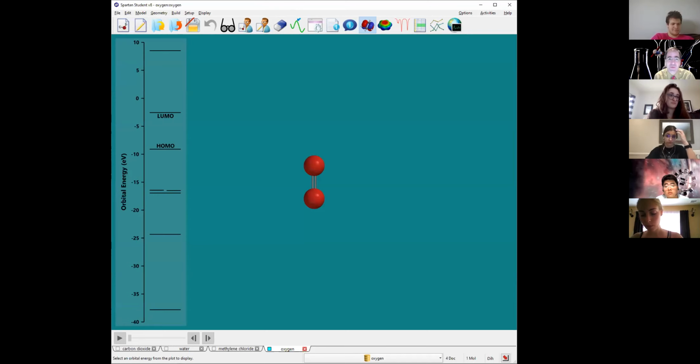I wanted to start out very briefly with something that we looked at in the last lab, and that was the oxygen and its molecular orbitals in Spartan. So thank you all for working through getting Spartan up and going. It's a great program. The VPN has added a little extra layer of complications onto things this year, but I